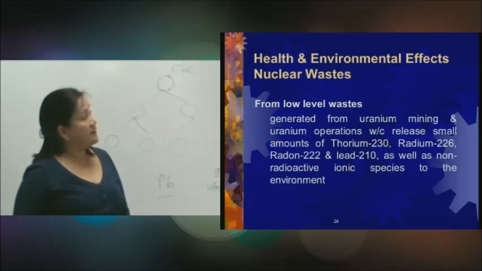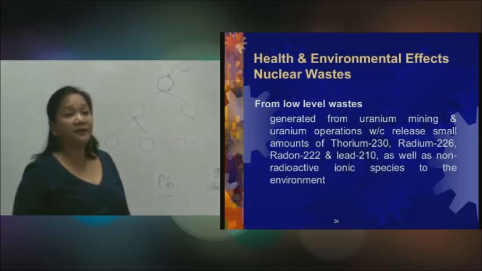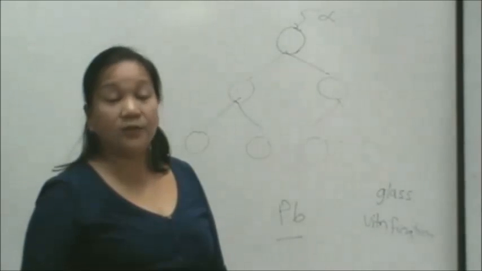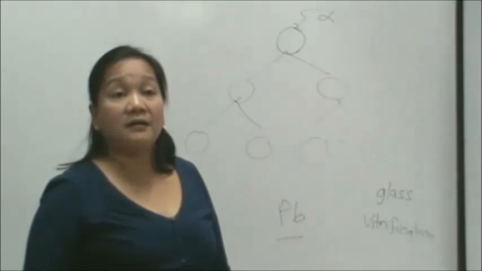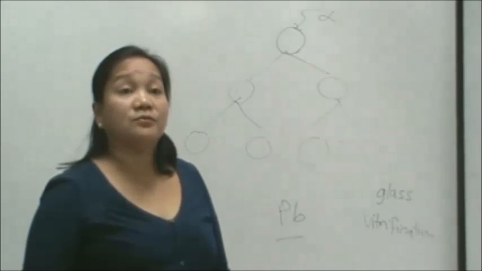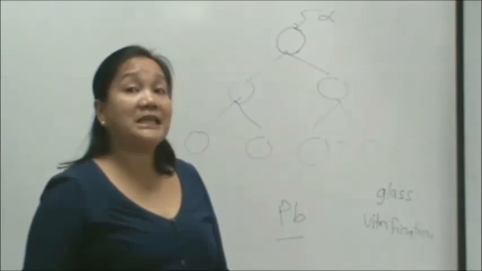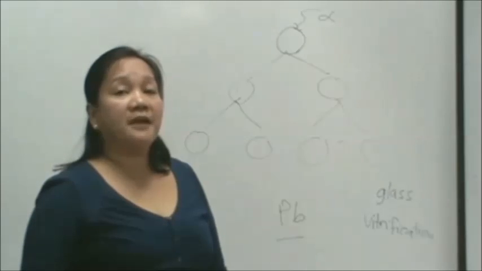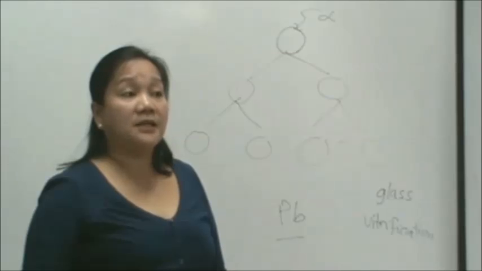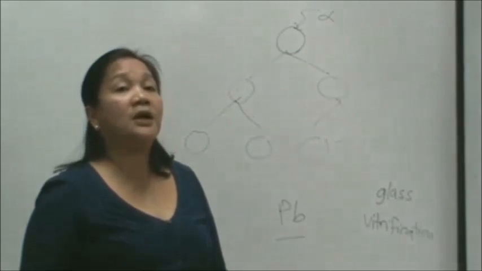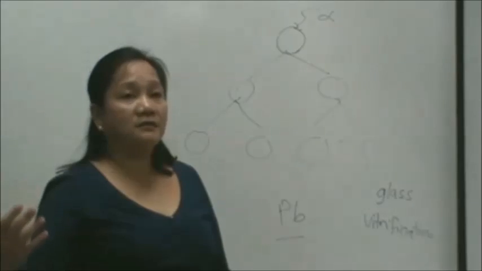Where do you get the low-level waste? So these can be generated from uranium mining and uranium operations, which release small amounts of the following radioactive materials. Now, take note, class, that radium has an oxidation number of +2, right? And therefore, these could also have the same effect as lead +2, which could affect your calcium in the body. And therefore, as we have discussed, since they have the same oxidation number, they can replace, or the radioactive materials